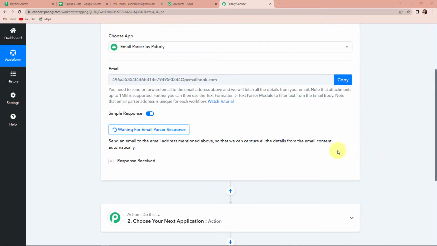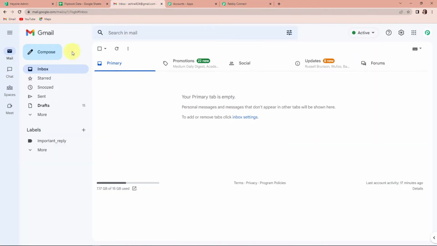Also, before I move ahead, I'm going to toggle this towards the left hand side. Why? Because I do not want the simple response. In fact, here I'm looking for advanced response. So now I'm going to take you to my email account, and here we are going to compose an email